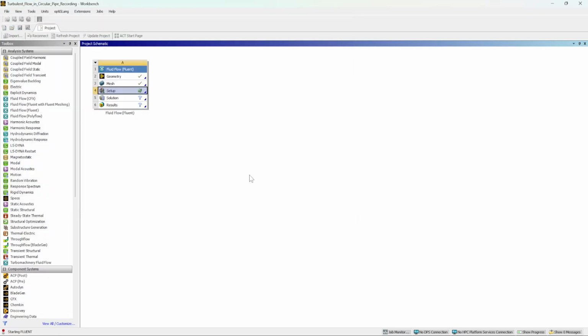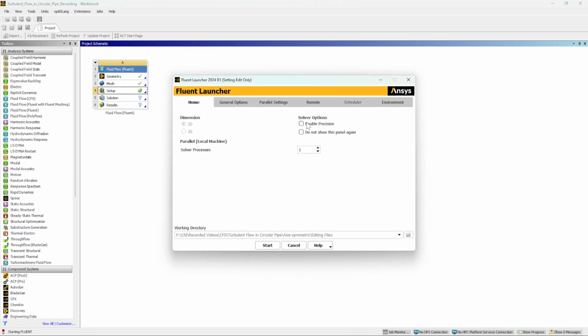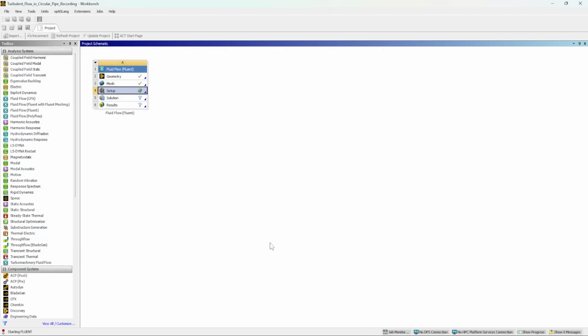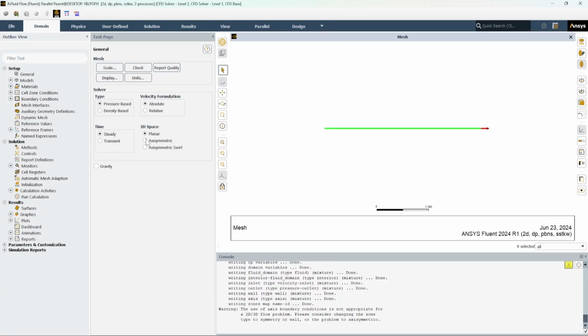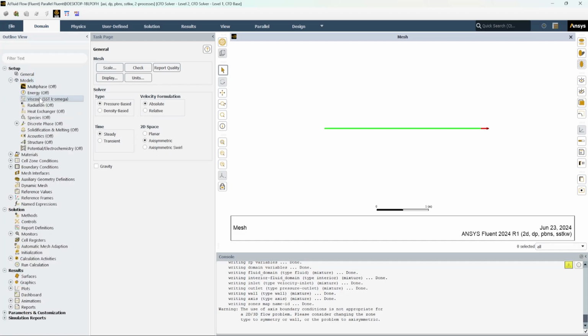Now we will open Fluent and set up the CFD solver. Click double precision and use 2 processors. If the mesh count is high, use a higher number of processors depending on the CPU installed in the system. Use the pressure-based solver under steady condition. Change 2D space to axisymmetric. For this problem,